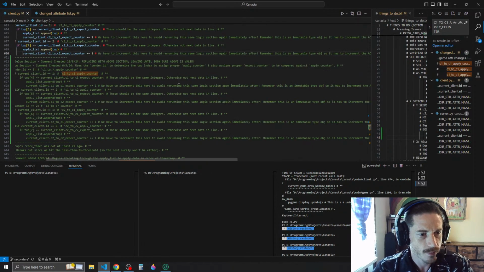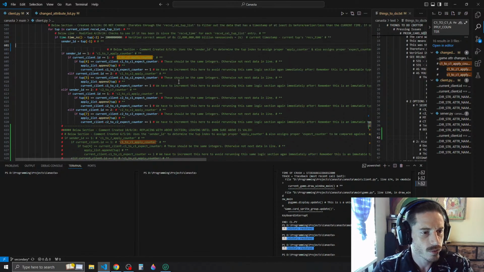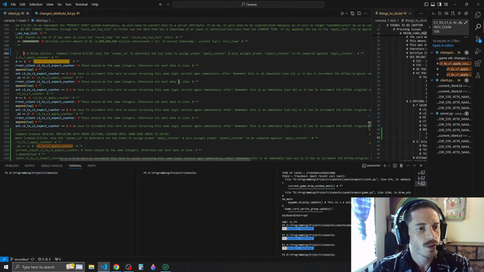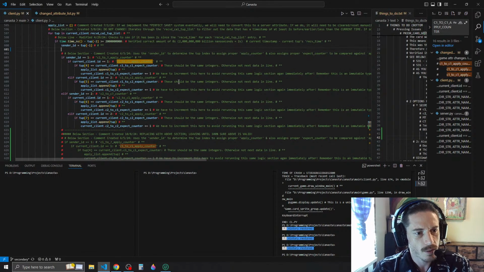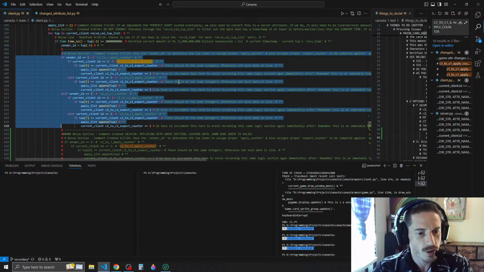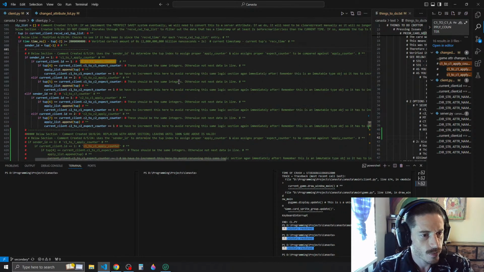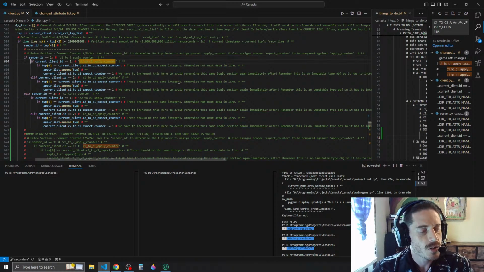Alright, so now we have the new section. Okay, so it messed up the indentation. We're gonna div this off as well, so we know exactly what these two sections contain, that they are 1-to-1 as far as what they contain, and that div signifies that. Alright, so now we're gonna modify it. So if the sender ID is equal to 1, and this is on client, and this is main while loop. So we can just say if sender ID is equal to 1, and current client ID is equal to 1,